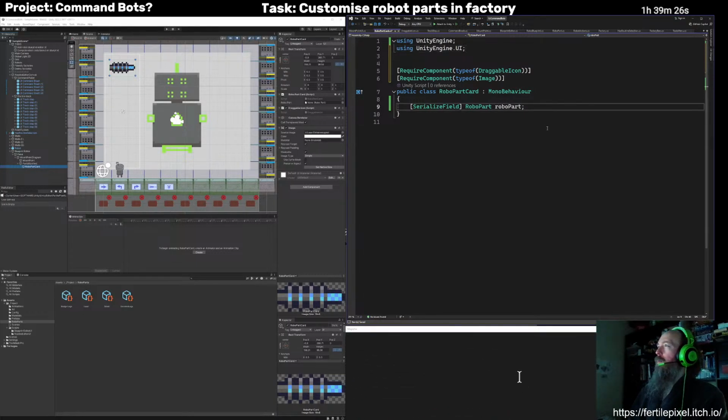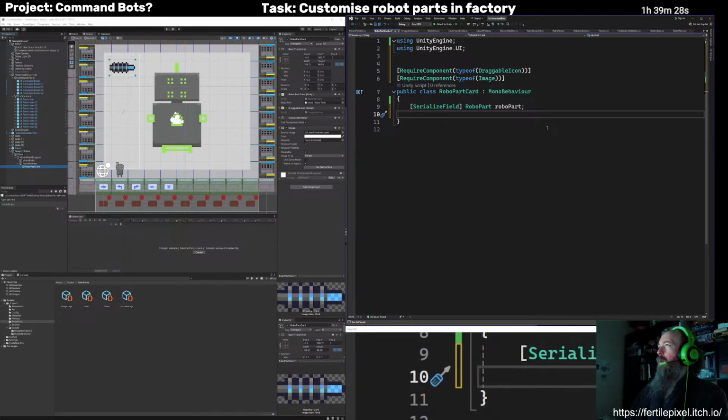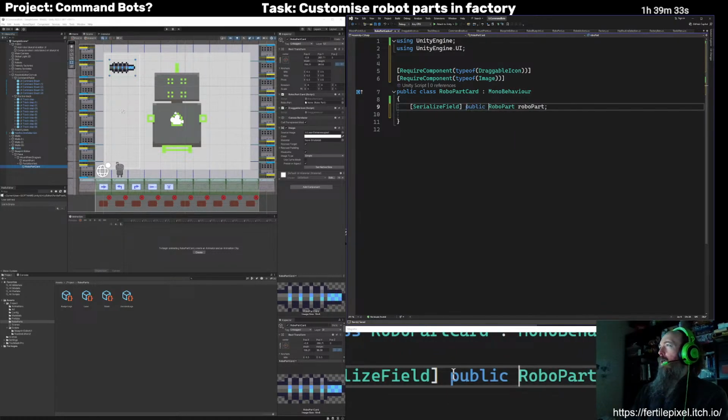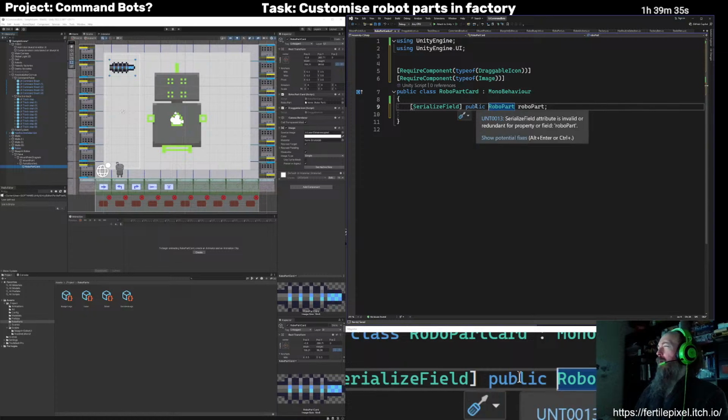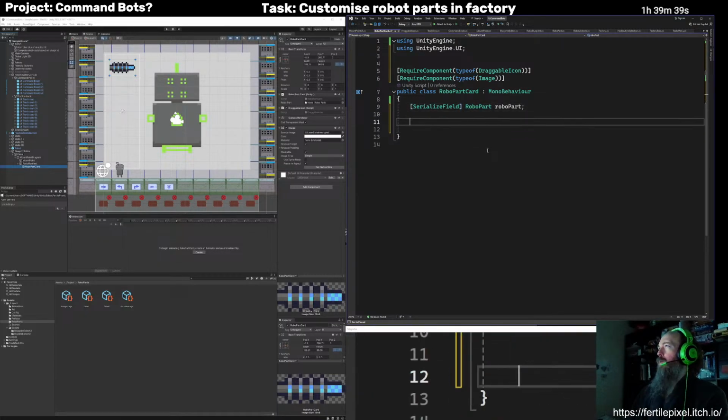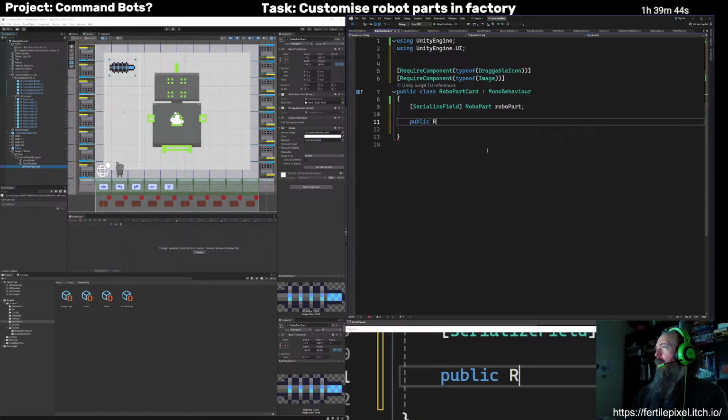Okay, and then I want that to be public so that it can be, yeah, I could make a property for that RoboPart, like a read-only property. That's what I'll do actually. So that's private, and then we'll have a